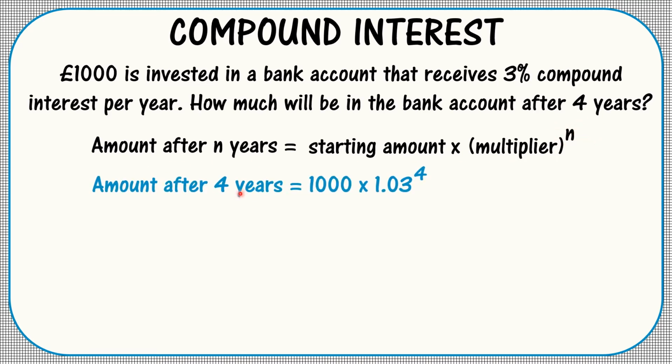So the amount after 4 years is equal to 1,000, which was the starting amount, times 1.03, which is the multiplier, so that is 100 plus the 3%, which gives us 103, divided by 100 gives us 1.03 as a multiplier, to the power of 4. Once you put this in your calculator, it gives us an answer of